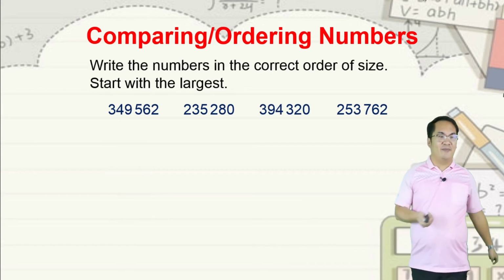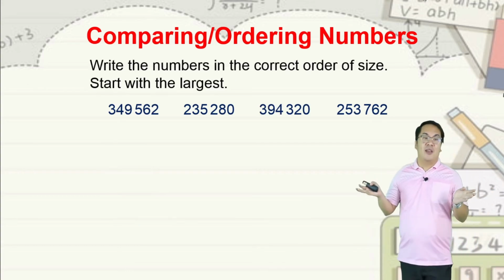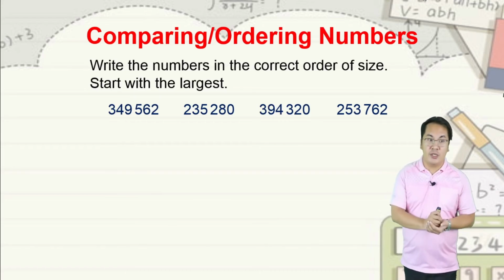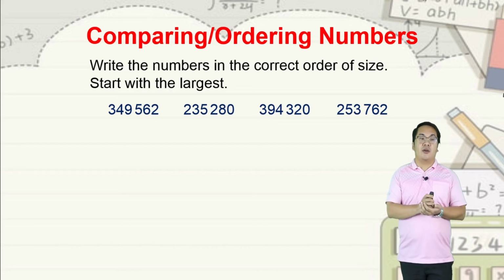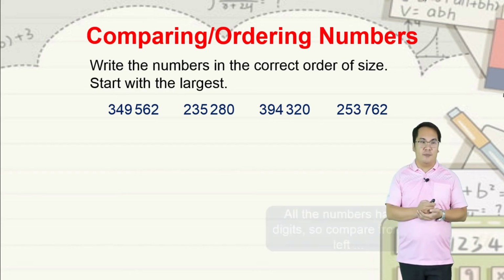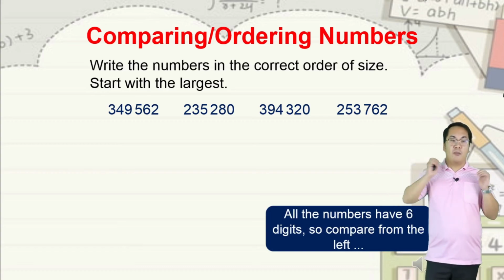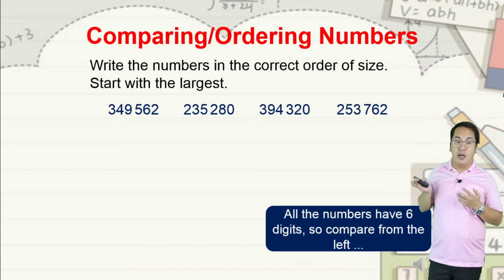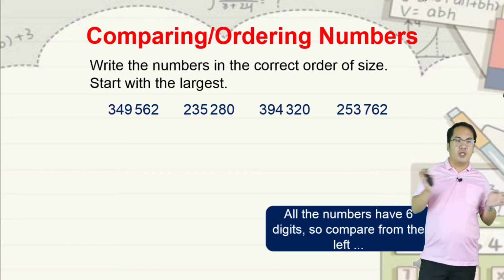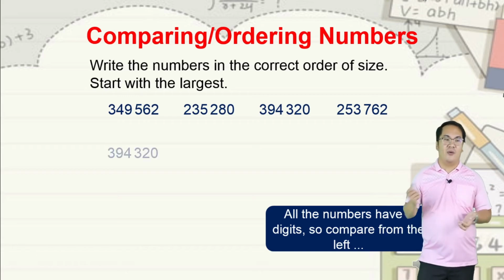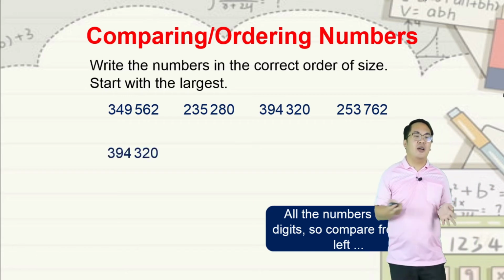All right. So how about the second example? We are going to arrange the numbers in the correct order of sizes. Start with the largest one, right? Remember, all the numbers have 6 digits. So compare from the left. Which do you think is the highest value of the digit here? Okay. So we have here